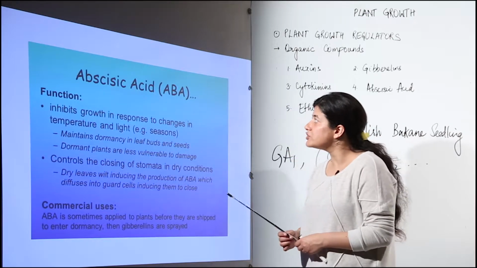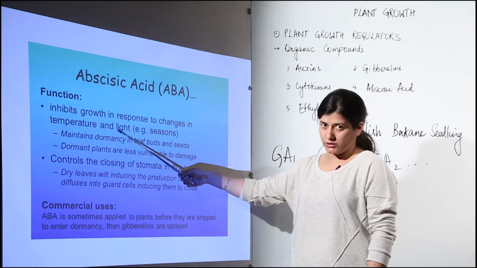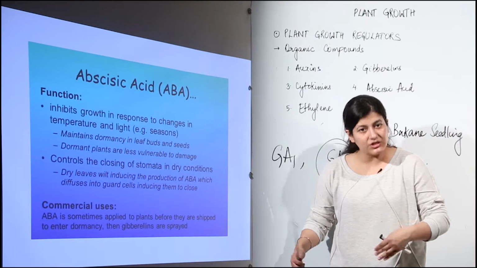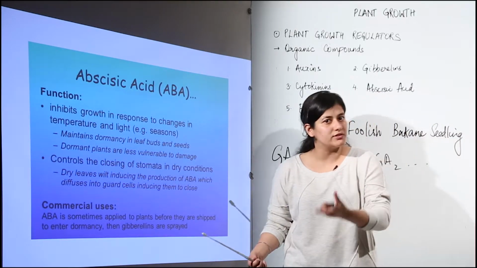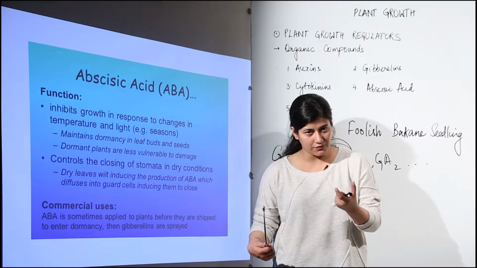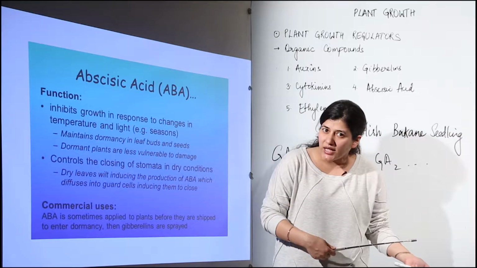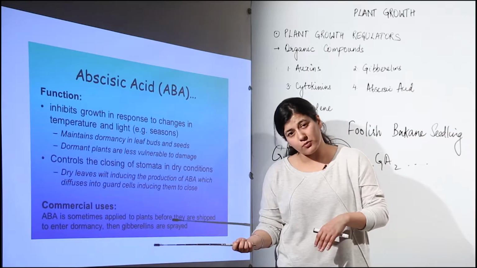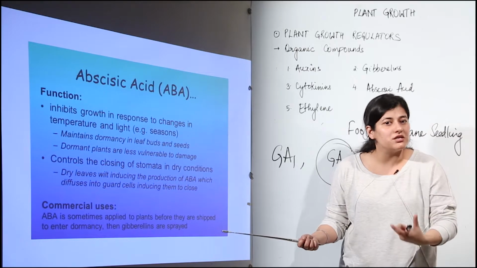Now let's see what are the functions of abscisic acid. First of all, it inhibits growth. Till now we had done 3 hormones which were important for growth. They were stimulating growth. Whether we talked about auxins, gibberellins, or cytokinins, they were again and again talking about how they stimulate cell growth. One would stimulate the stem elongation, that is also responsible because cell growth has taken place. Another would say that there would be lateral growth development, that would also be possible because the cell growth has taken place. So the first 3 groups of hormones have a positive impact on growth.